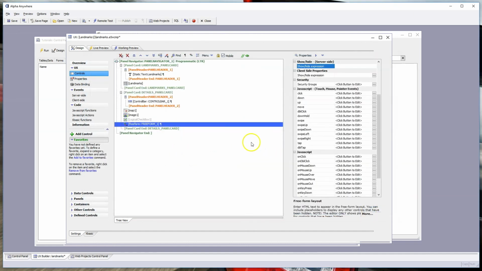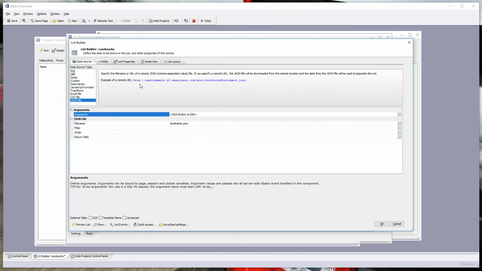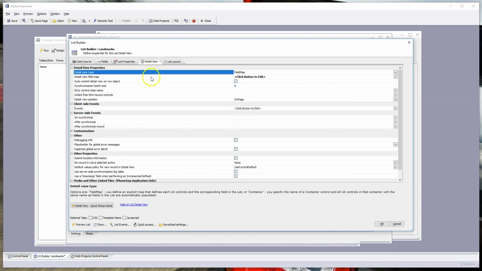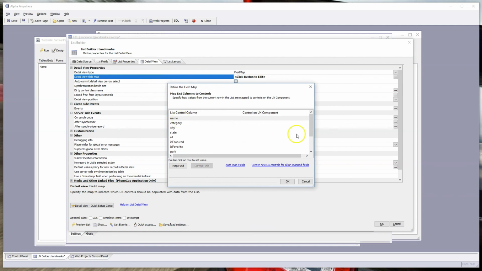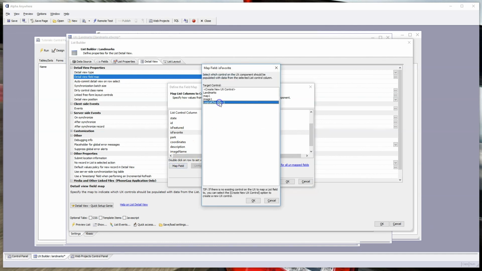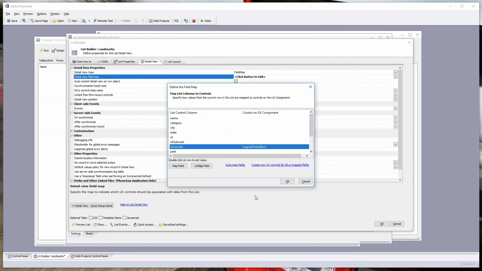And the next thing we need to do is map the data from the list control to that logical checkbox. In order to do that, just double click on the landmarks list and we're going to go to the detail view and then the detail view map. In this case, we're going to pick is favorite and map that field to this logical checkbox. That should make some sense because now we're mapping the data to that control,